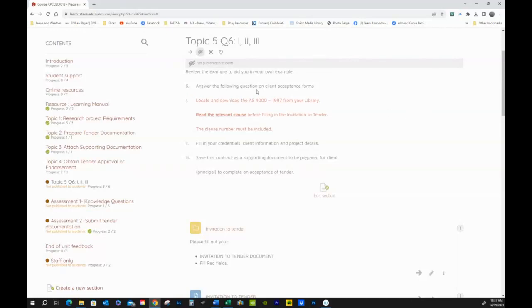6, answer the following questions on client acceptance forms. Locate and download the AS 4000-1997 from your library. Read the relevant clause before filling in the invitation to tender. The clause number must be included. That's question 1. Question 2, fill in your credentials, client information, project details. 3, save this contract as a supporting document to be prepared for the client or principal to complete on acceptance